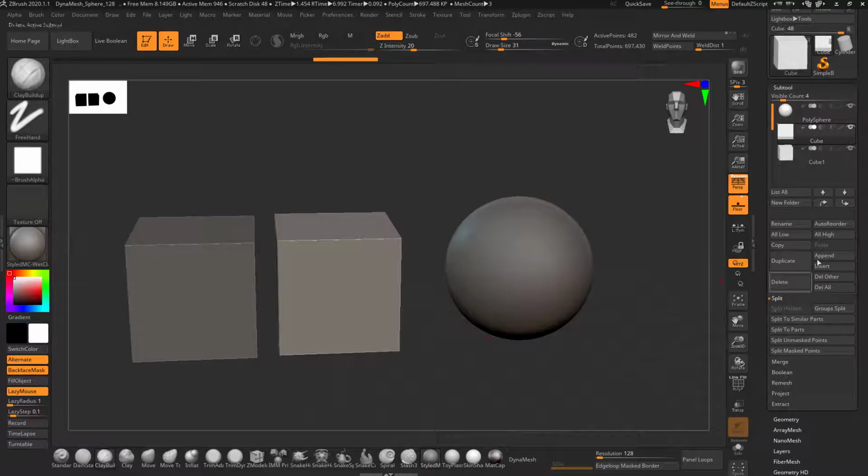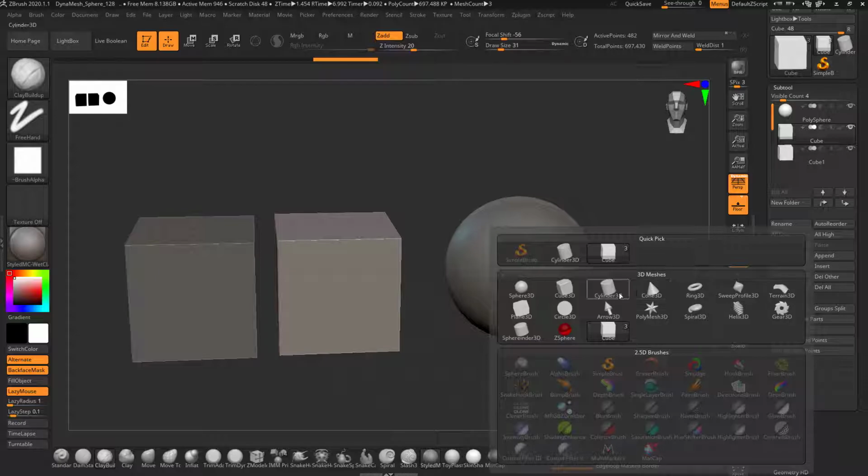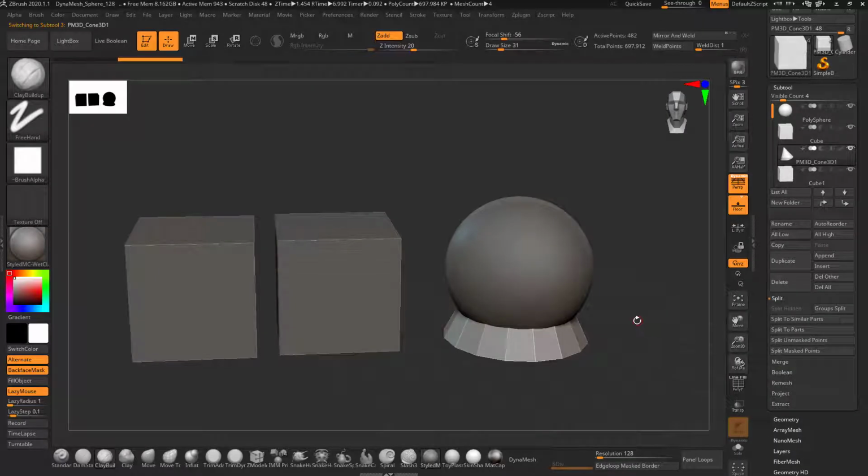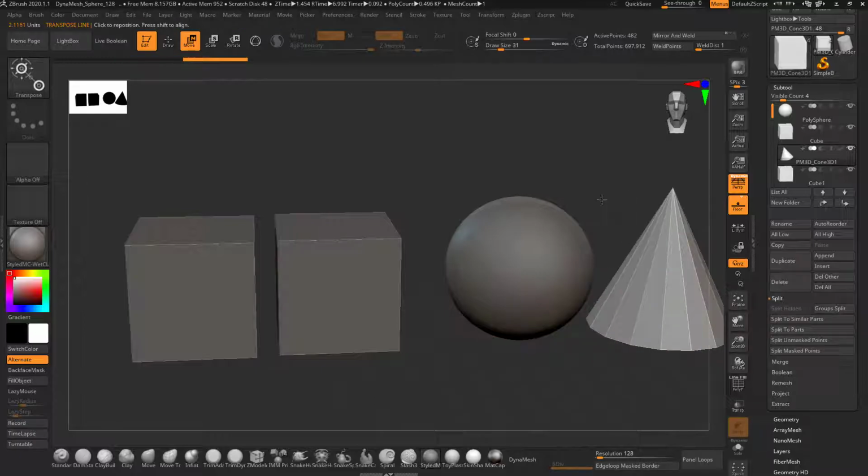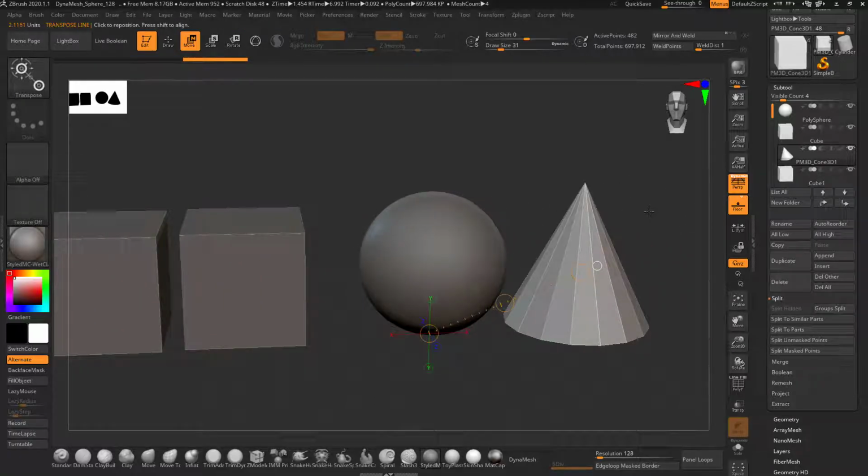Next, I will also talk about Insert. When I click on Insert and select any object like a cone, it comes on the origin and I can move it up. Now what is the difference between Insert and Append?